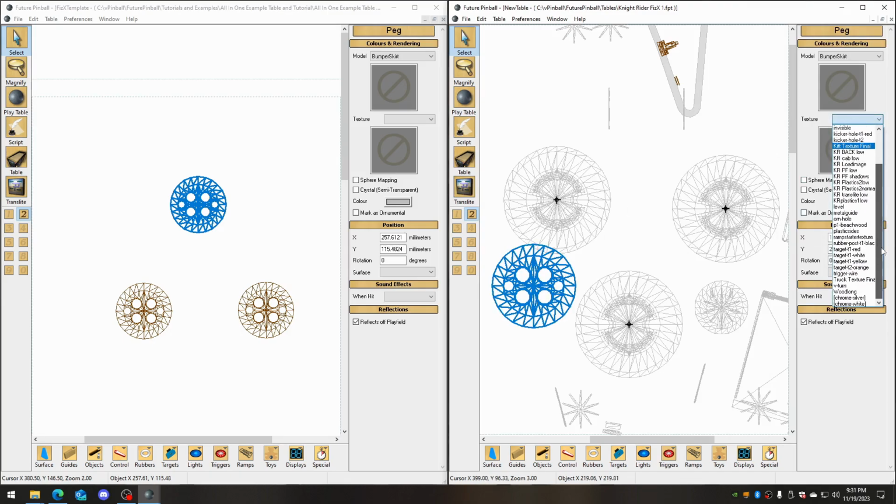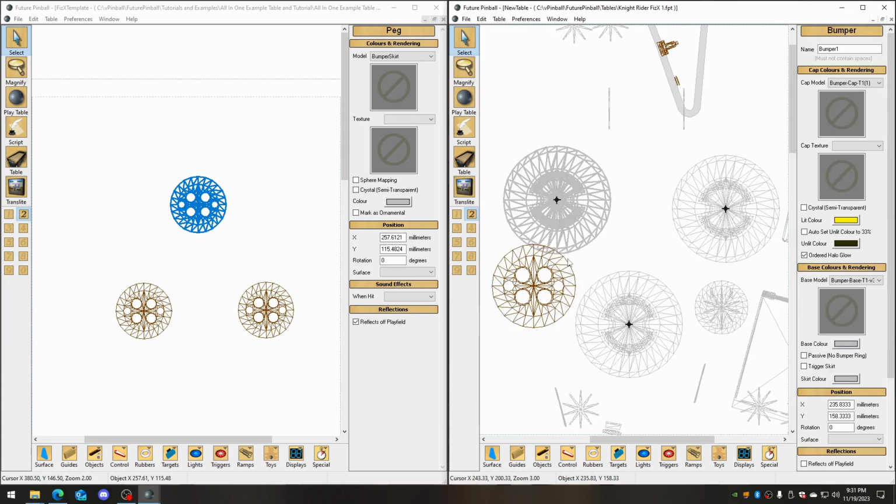Not all tables will have the same stuff. I'll just put the chrome silver in spear mapping. Why not? Do not have it as mark ornamental. Have nothing enabled as that, just in case someone changes the settings that they shouldn't, because you never want anything as an ornamental object. So yeah, all I do is I just make 3 of these,